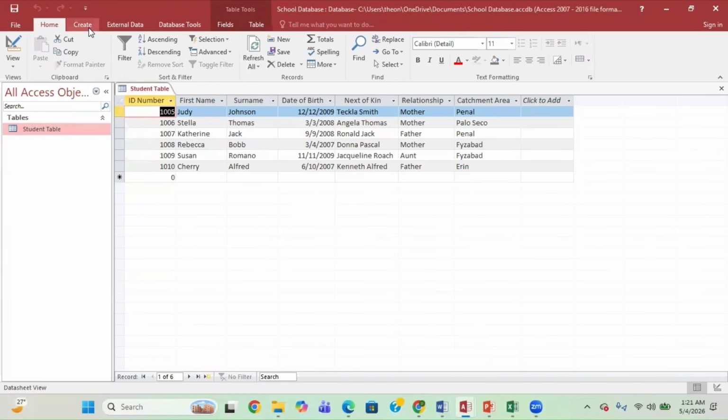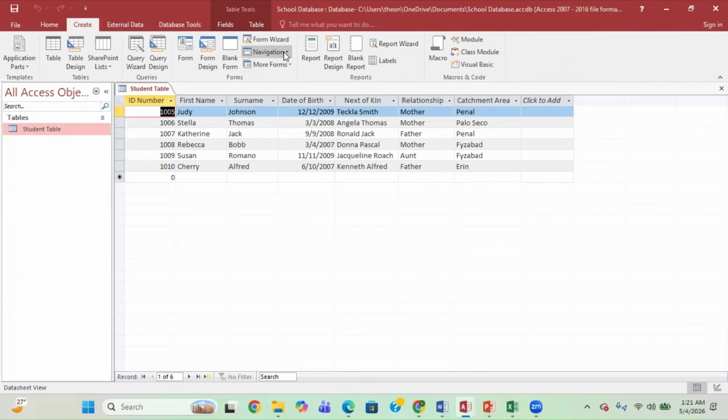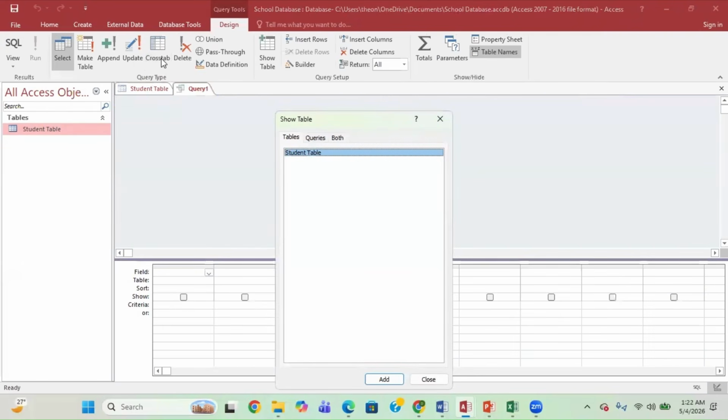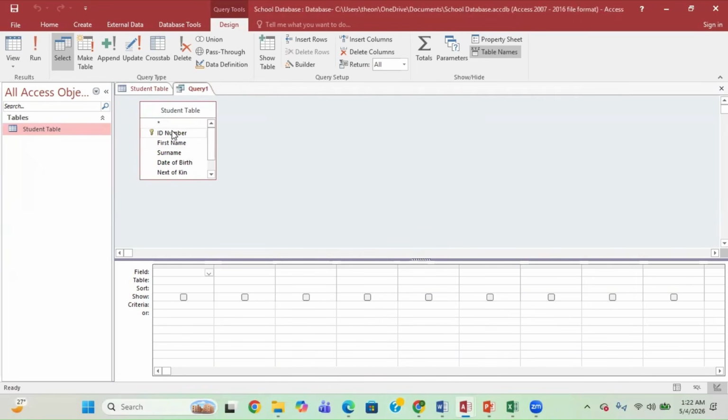Let's go. Remember, go to create. We'll go to query design. Remember, as long as it wants us to filter out something, we use a query design. If you just want to select some things, you can use a query wizard, which makes it easier. But it wants you to filter out something after doing the query. So we add the table, as we said, that's the only table we have. We press close right here. And then